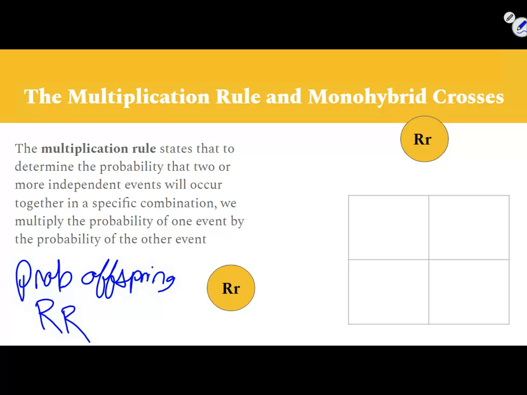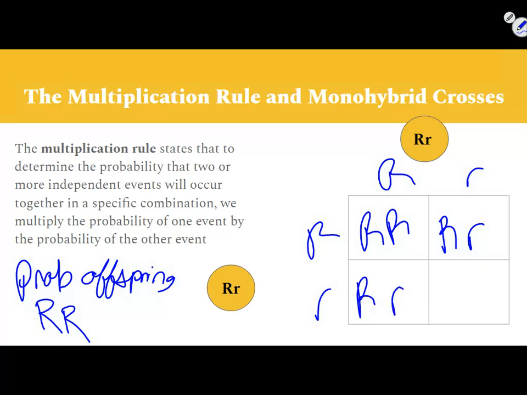We could do our Punnett square. Big R, little r, big R, little r. Right? And we can see that only one of our four offspring has both dominant traits. So we could say that that is 1/4. And in simple monohybrid crosses, it might just be easier to do the Punnett square really quick. But what you could do,